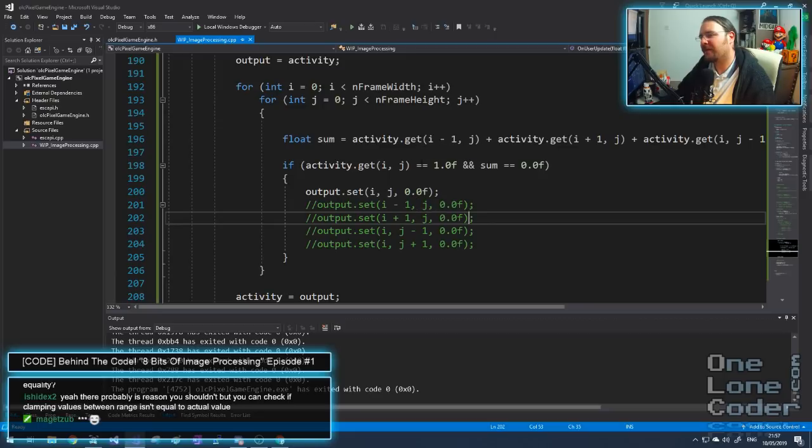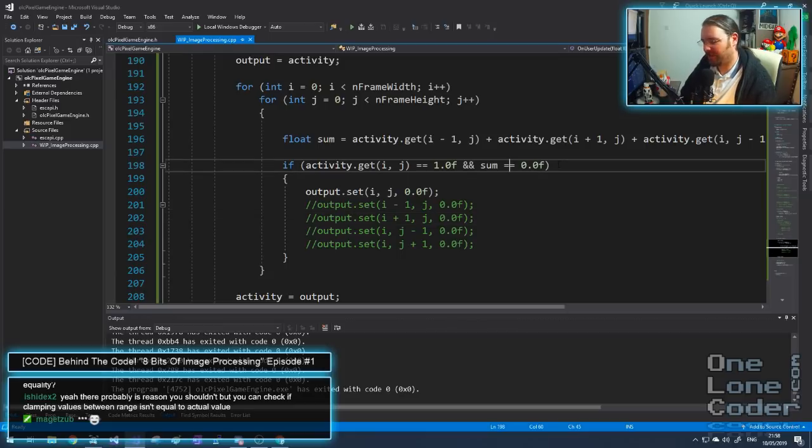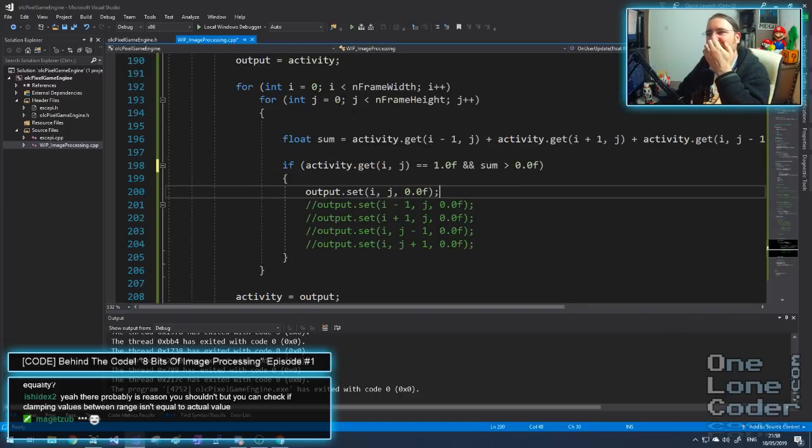But if I've got neighbours, I can effectively count how many I've got. If I've got at least one neighbour, I stay. So maybe we want if sum is greater than 0. So if I'm active and I have a neighbour,